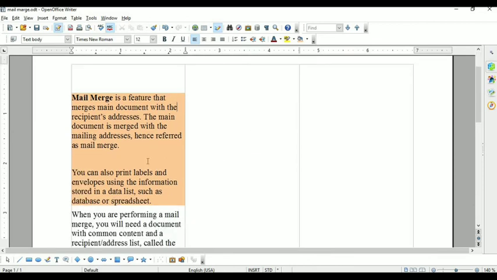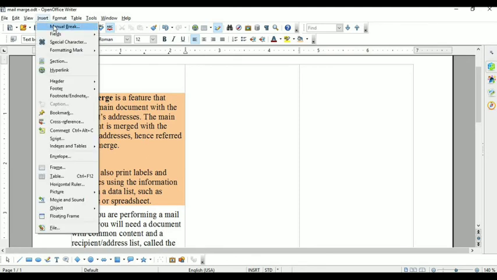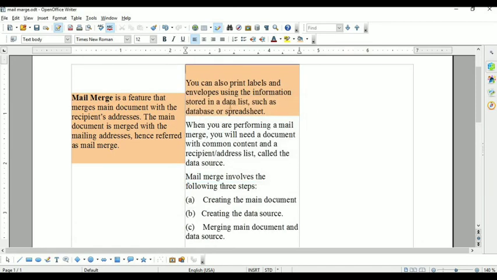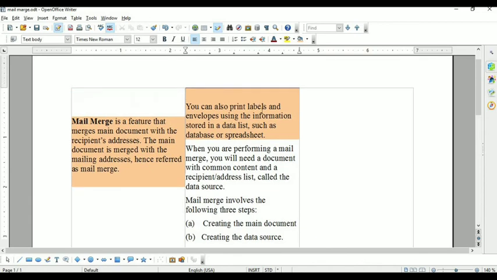For this, I will use the manual break option. From this, the insert break dialog box will appear. Select the second option, that is called column break, and then click on OK. Now your content will shift to the next column.